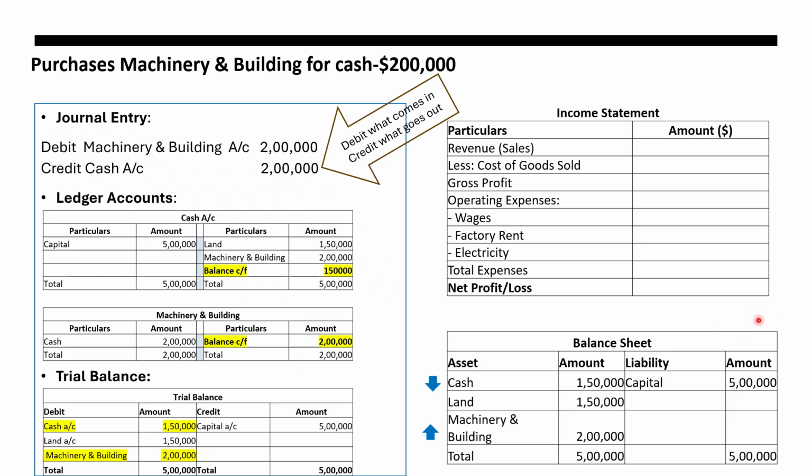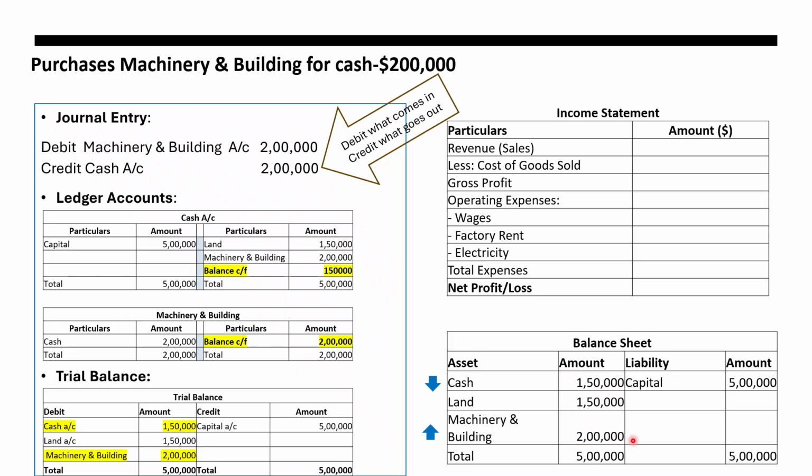Coming to the balance sheet, this is also a transaction where one asset has increased in value, which is machinery and building for 2 lakhs, and another asset, which is cash, has decreased in value by the same amount, 2 lakhs. So earlier the cash account had a balance of 3,50,000. Now with the purchase of this machinery, it is reduced to 1,50,000, and machinery and building has increased